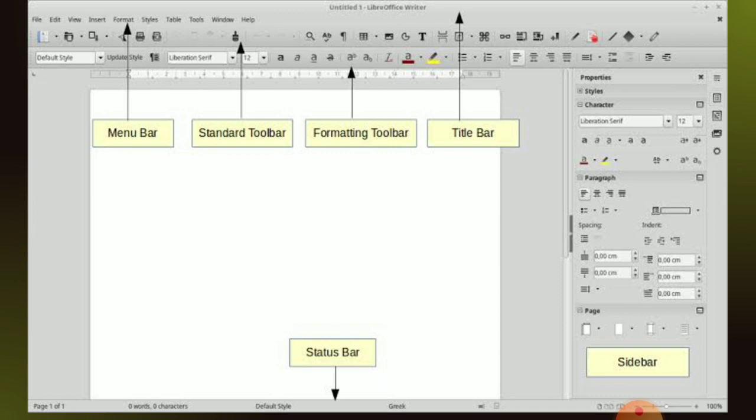Then at the bottom you can see the status bar. How many pages you have used, what is your default style, how many characters you have typed, and a zoom in, zoom out option is there. So this is your status bar. So this is the complete overview of your Writer application in LibreOffice. So from these tools you can create your document of a standard level,